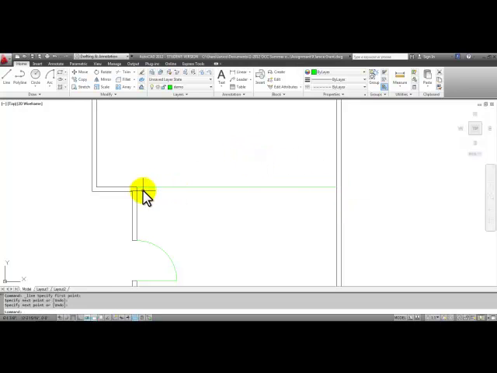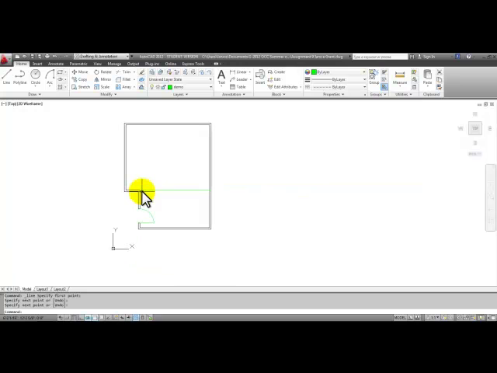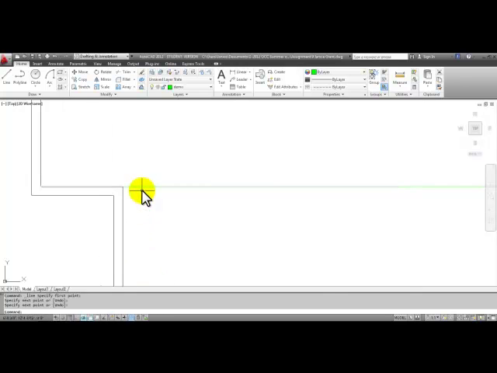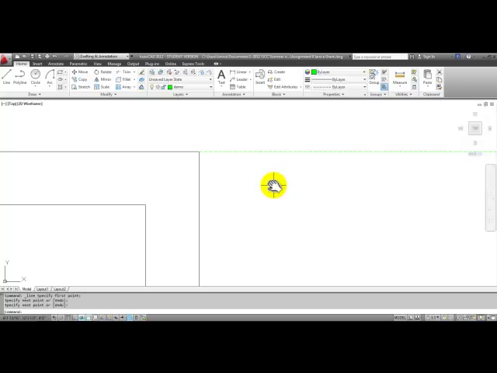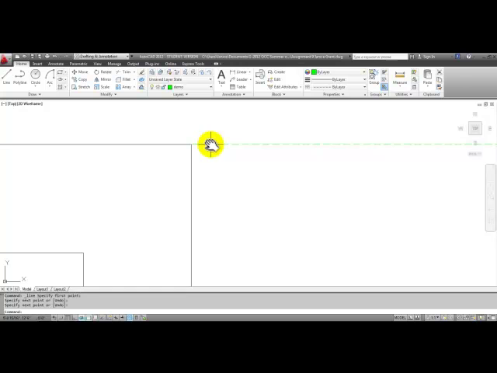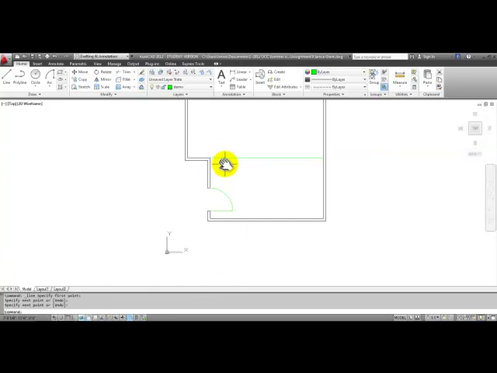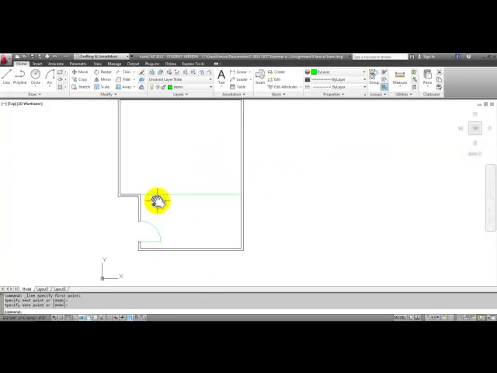It doesn't look hidden or dashed because this is a much larger drawing. A smaller drawing will have a smaller dashed line. A larger drawing needs to be increased in scale in order to see the dashed line. Notice that when I zoom real close to it, I can see the little dashed lines. So I need to increase the scale of that line. I can do that by typing in LT scale, all one word, LTSCALE,